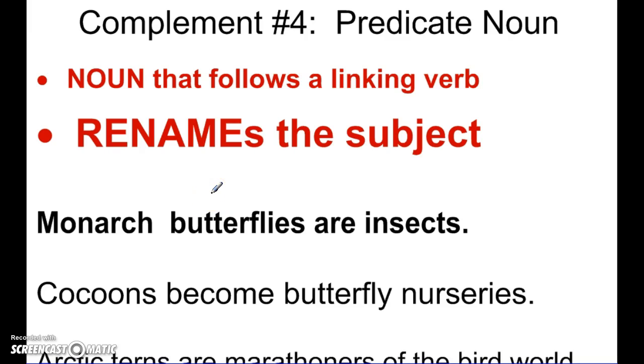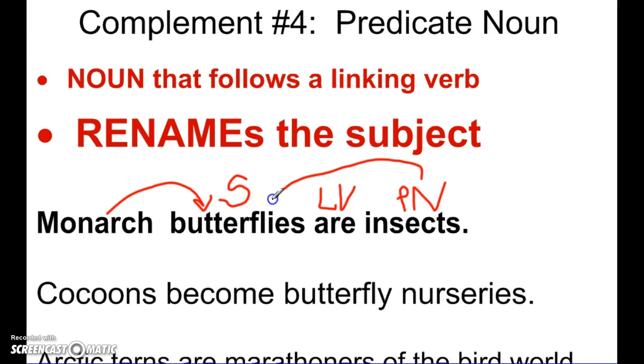We're looking for the one word that tells what the sentence is about. In this case, it's not monarch, it's butterflies that is the noun. Monarch is actually a modifier. Tells what kind of butterfly? Monarch butterflies. I see are right away. I memorized that for my linking verbs test. I know that's a linking verb. Monarch butterflies are. Now I don't see a word that describes the butterflies, but I see a word that tells me what the butterflies are, another noun. They are insects. It goes back and renames the subject. I could switch them around. Insects are butterflies.